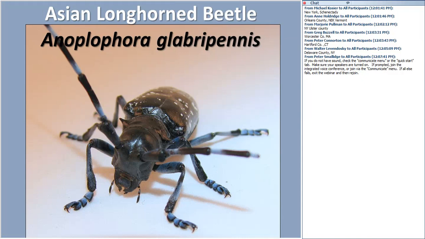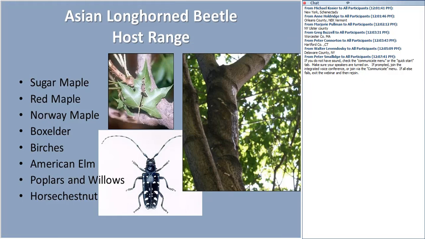And no discussion of maple insects is complete without talking about the threat of the Asian longhorn beetle. This threat has been realized in a number of locations. Hopefully, it will be eradicated. I think it's very much an important activity the USDA APHIS is engaging in right now, and I hope that they are successful, because this truly is one of the scariest bugs facing us.